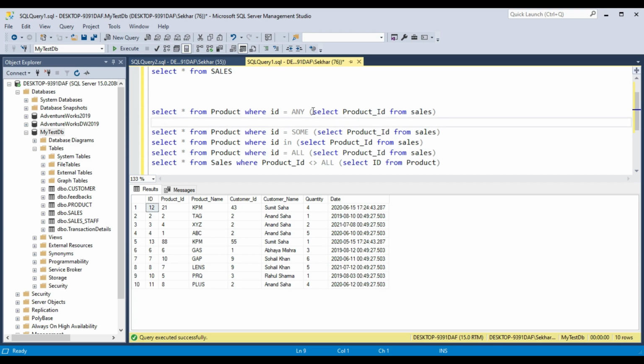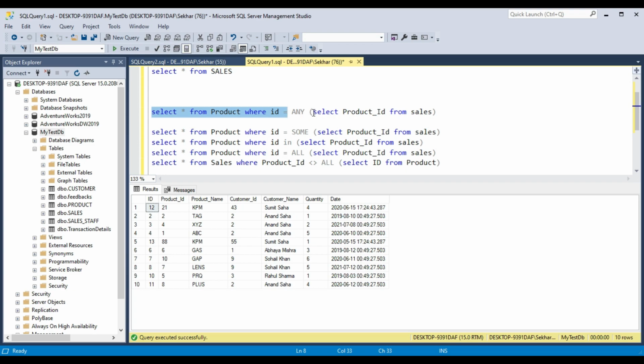Suppose in this outer query I'm writing select star from product, and in the where condition I am giving id equal to. To this id I want some value, but I am not mentioning it directly.